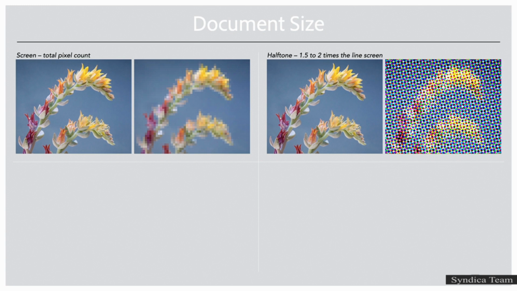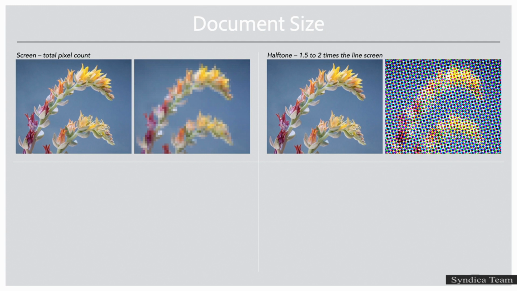If you look at anything that's been printed, like a poster or a box of cereal, especially if you look at it underneath a magnifying glass, you're going to see these individual dots. So in Photoshop, in addition to knowing the width and height of the document that you're going to be printing, you need to know the resolution, or how many pixels per inch or pixels per centimeter, whatever your unit of measurement is, you need to print the quality that you want. And the quality that you want is going to depend on the line screen that you're going to be printing to. So on press, the line screen is heavily dependent on the quality of the ink and the paper.